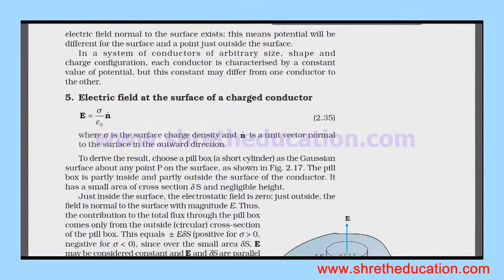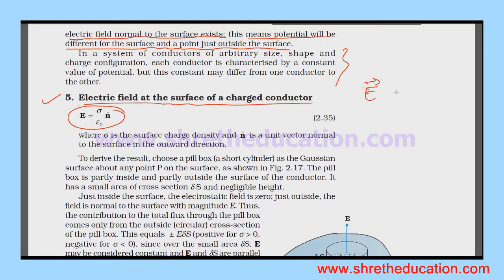If the conductor is charged, an electric field normal to the surface exists. This means the potential will be different for the surface and a point just outside the surface. So, result number 5: the electric field at the surface of a charged conductor is